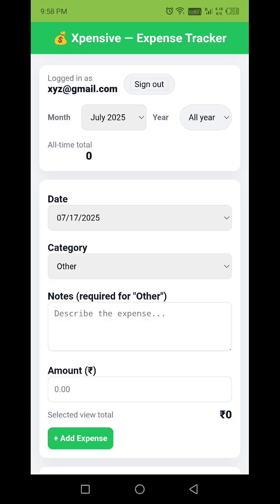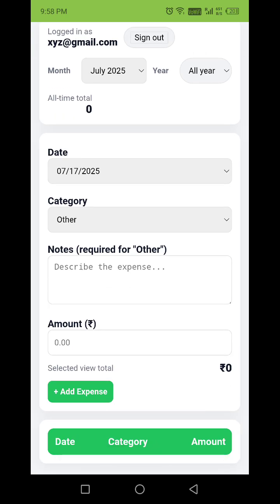and all the data that I add here will be kept separate from the data of my original account or any other account you create here. All those data will be segregated separately, and all will be stored in the Google Firebase database. Basically I used that to store all the data, and all the data can be viewed from the Google Firebase website as well. So now I have logged in with a separate Gmail account,